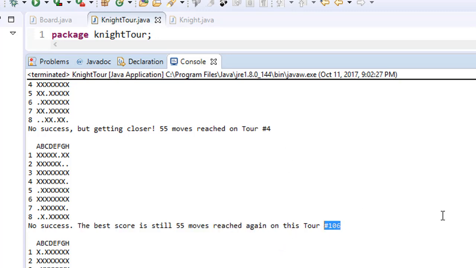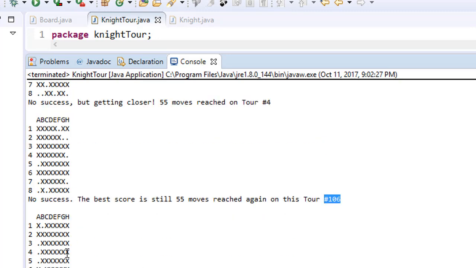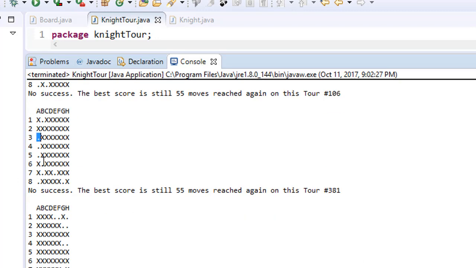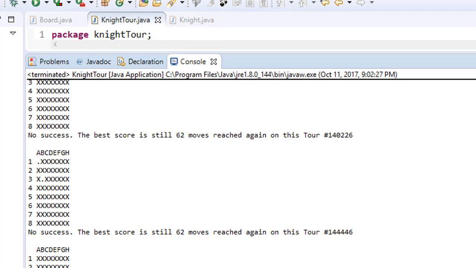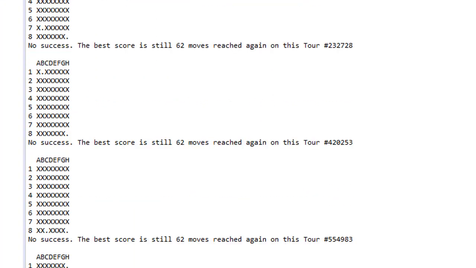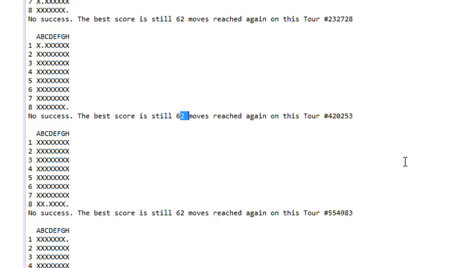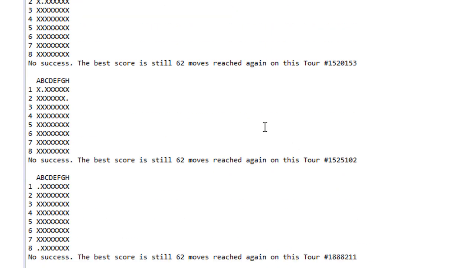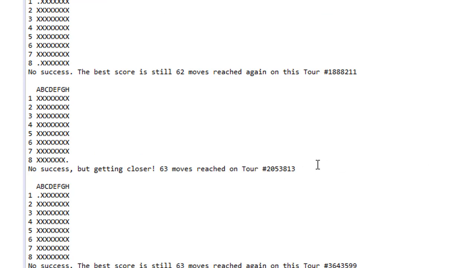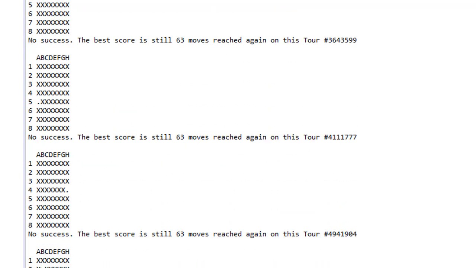And you can see that all these incomplete tours have some empty squares on the board. So for example, when we go down here, you can see we have 62 moves, and we have 2 empty squares, because that's supposed to be 64 full squares. So with 62 moves only, we have 2 empty. Then after 62 we got a few of those, but then we got 63. We are only 1 square missing, and we got 63 quite a few times, but then at the end,